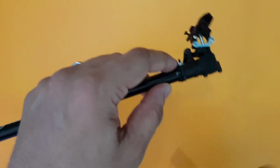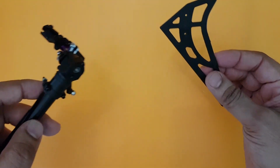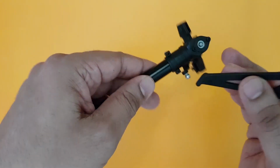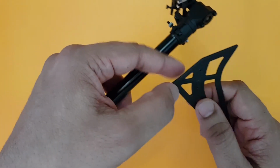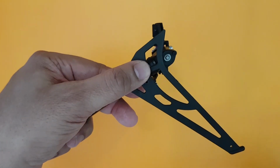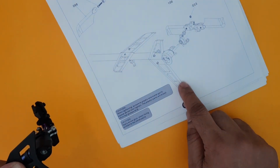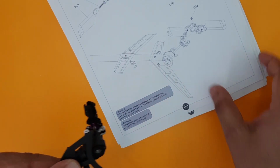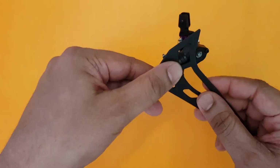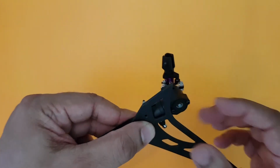And once done, this is the vertical tail fin which I picked up from the packet. So we can go ahead and fix this here, and the screws are already here. You can see these screws are here. So we just have to open them, place the screw inside and fix it in this manner. Again, everything is stated in the manual. Page number 9 states it very clearly how this entire thing should be fixed. So I'll suggest you proceed with this. I will also go and fix the vertical tail fin in this manner, and I'll come back to you within